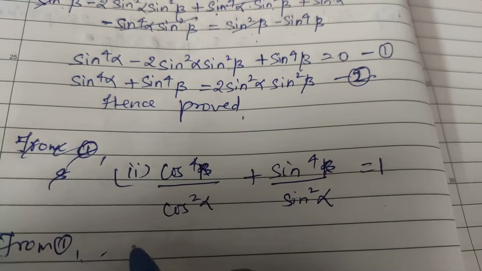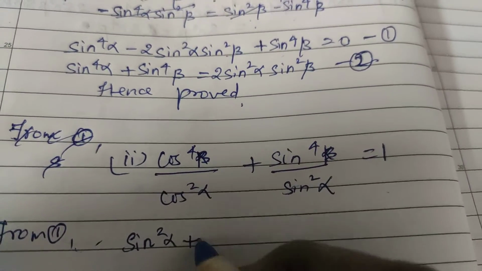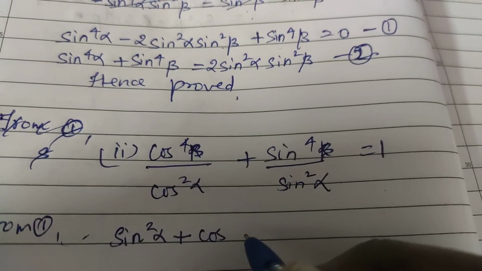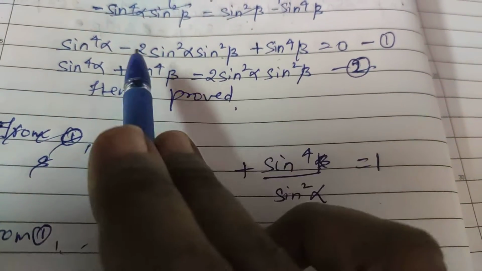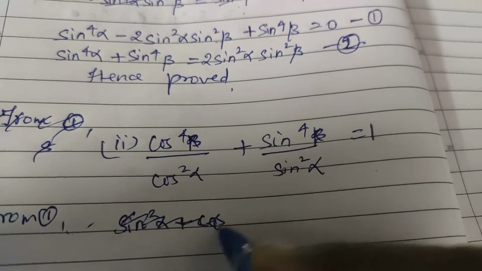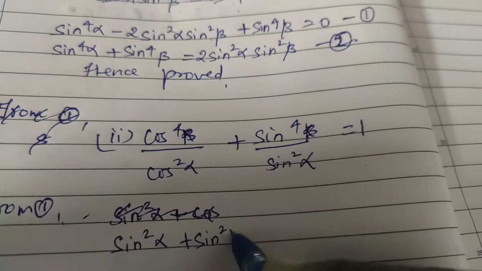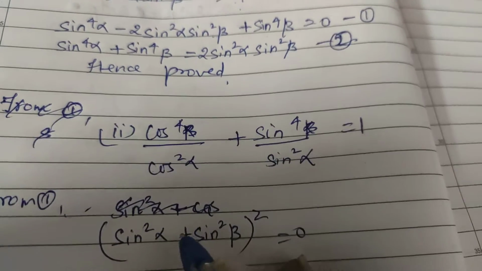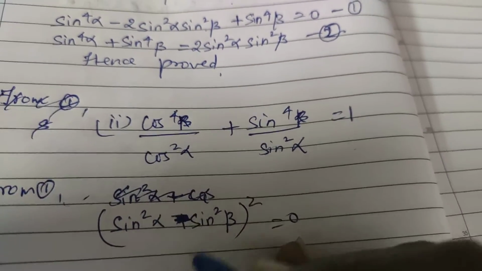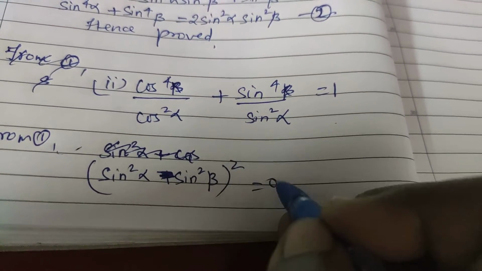So when you write the short form of this, you will get sine squared alpha minus sine squared beta, the whole squared, is equal to 0. Here it is minus, hence you will get minus here also, the a minus b the whole squared formula. Okay children, when the square goes to the other side, it will become square root, and hence it will become 0.